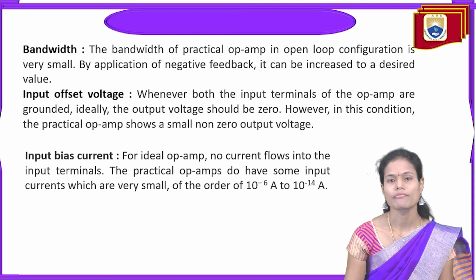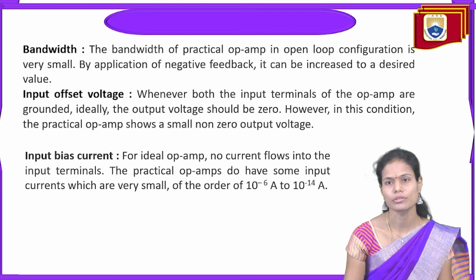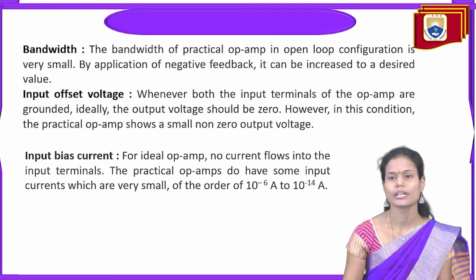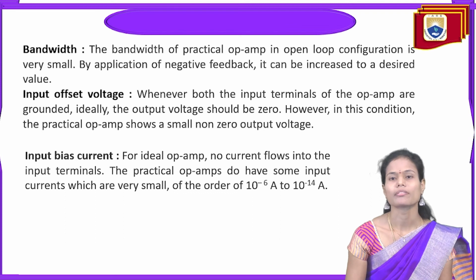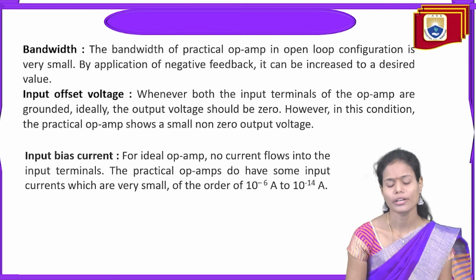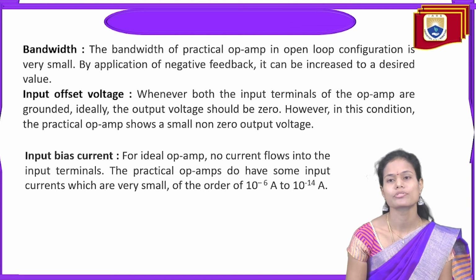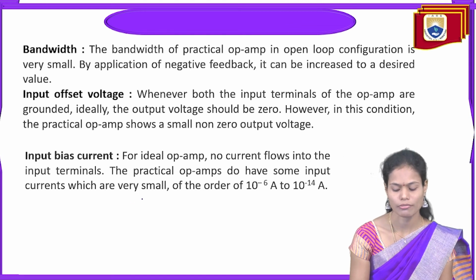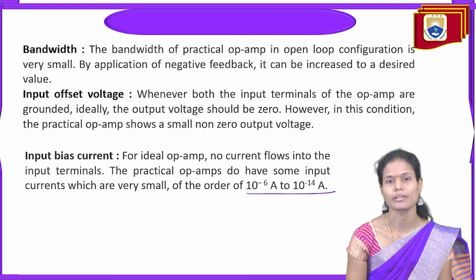And next, input offset voltage. The input offset voltage must be 0. In the ideal case, it is 0, but in the practical case, we are getting some value. Input bias current: for an ideal operational amplifier, no current will flow into the terminals. Practical op-amps have some input current, which is very small, of the order of 10 power minus 6 amperes to 10 power minus 14 amperes. So these are the practical characteristics of